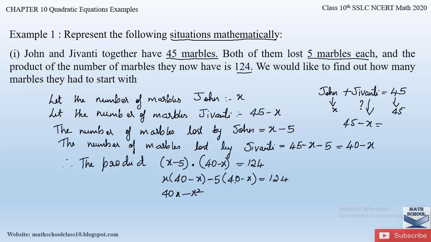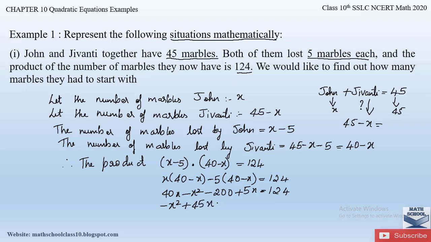Then again, minus 5 into 40 will be minus 200, since 5 fours are 20. Then minus into minus will be plus, 5 into x is 5x, is equal to 124. So let us first write the higher degree variable. This will be minus x square, and what is 40x plus 5x? It will be plus